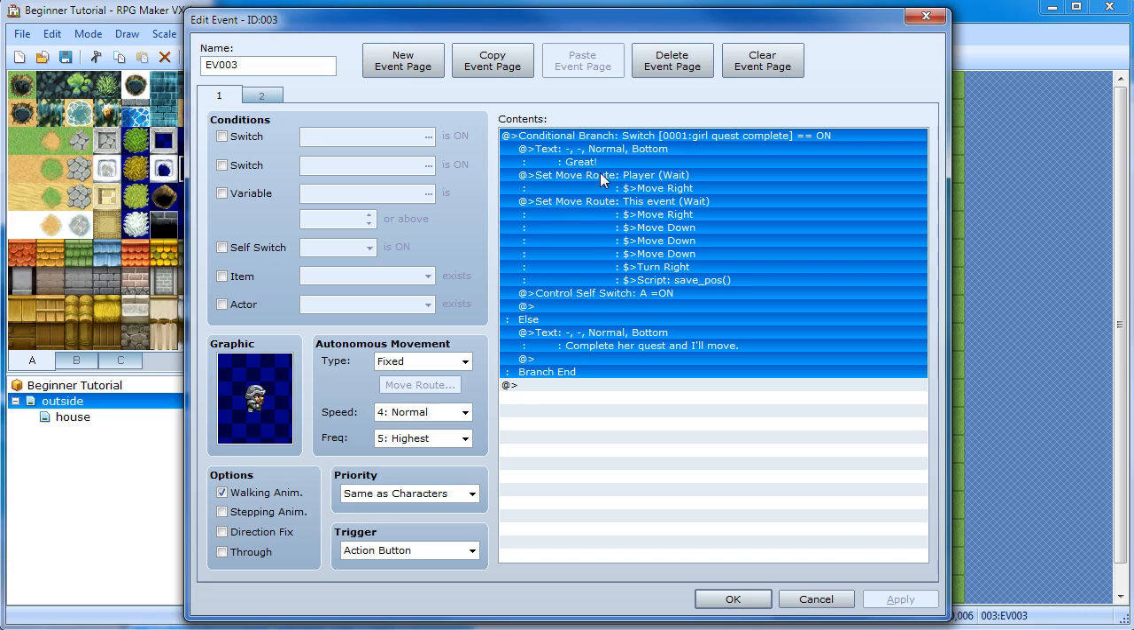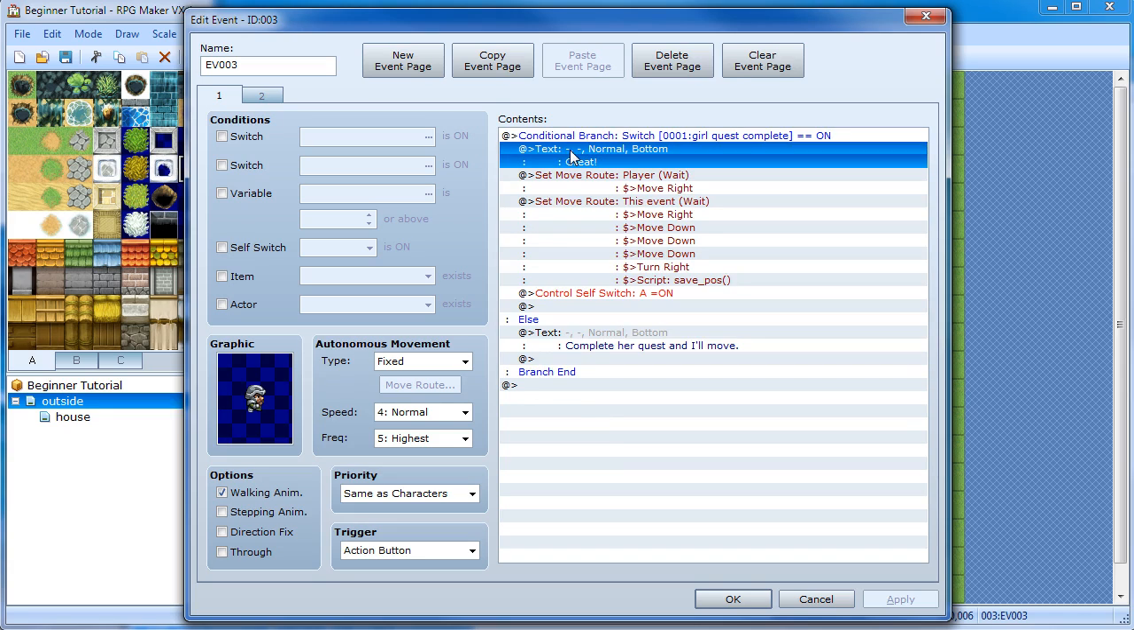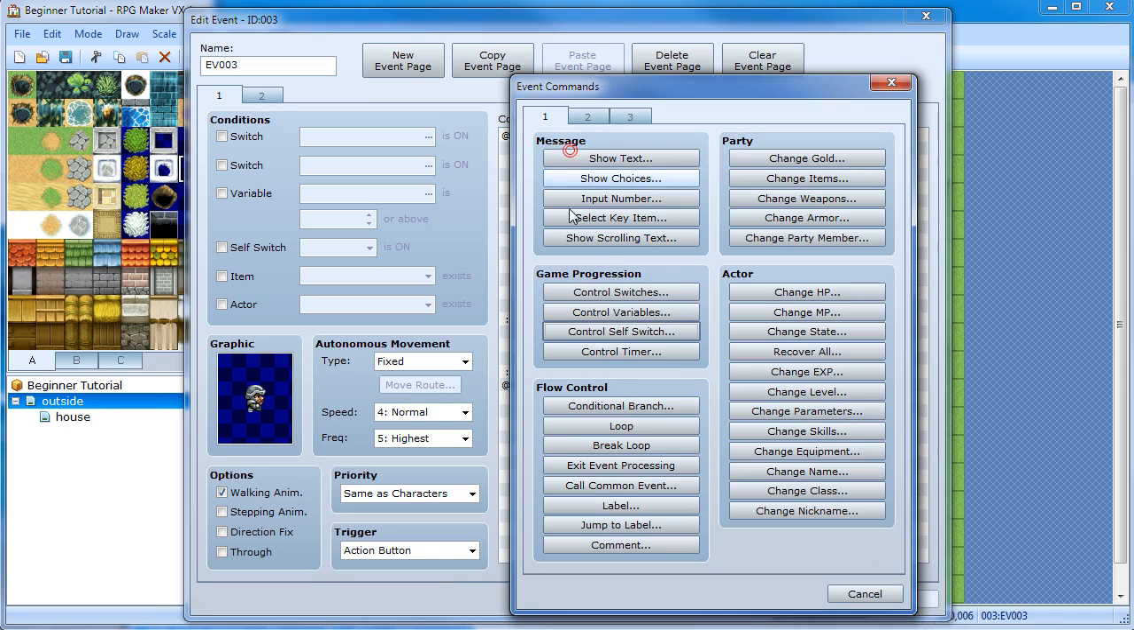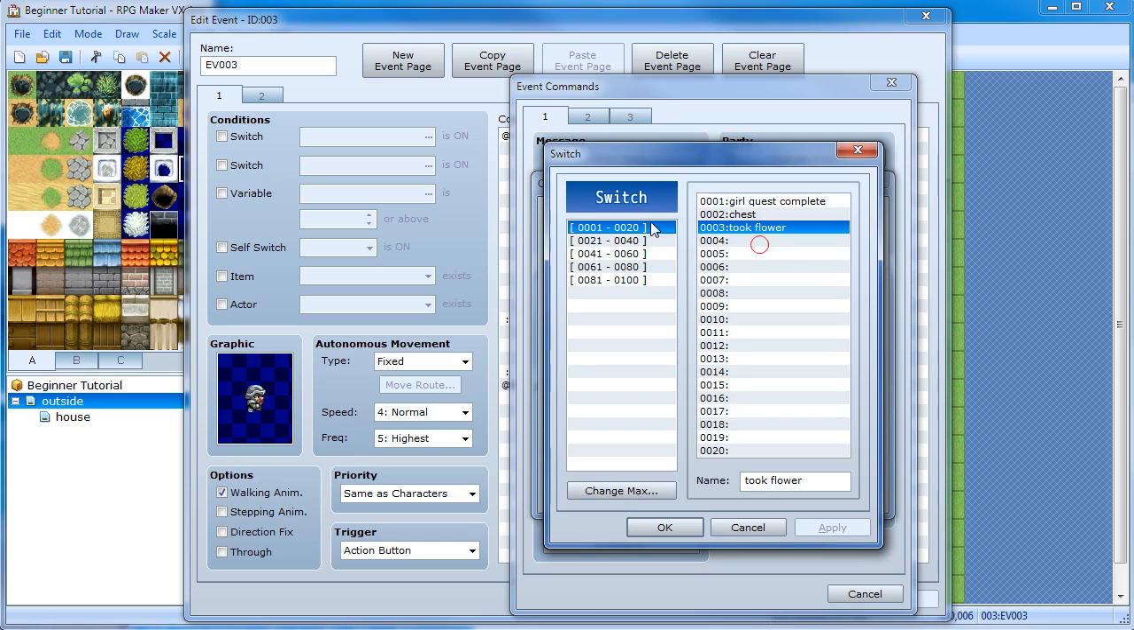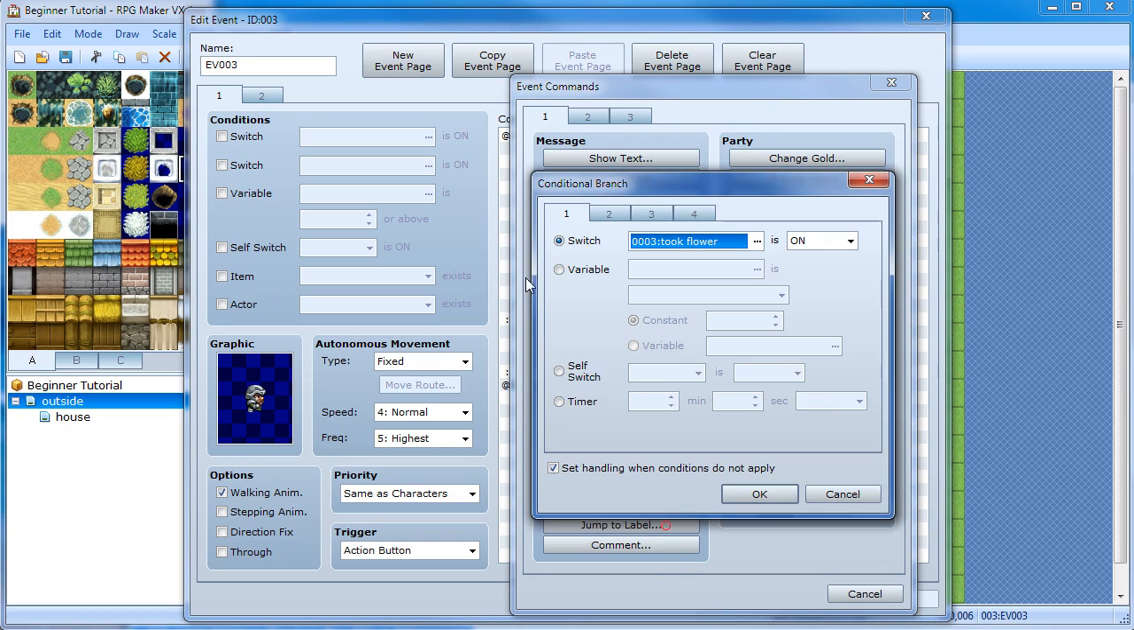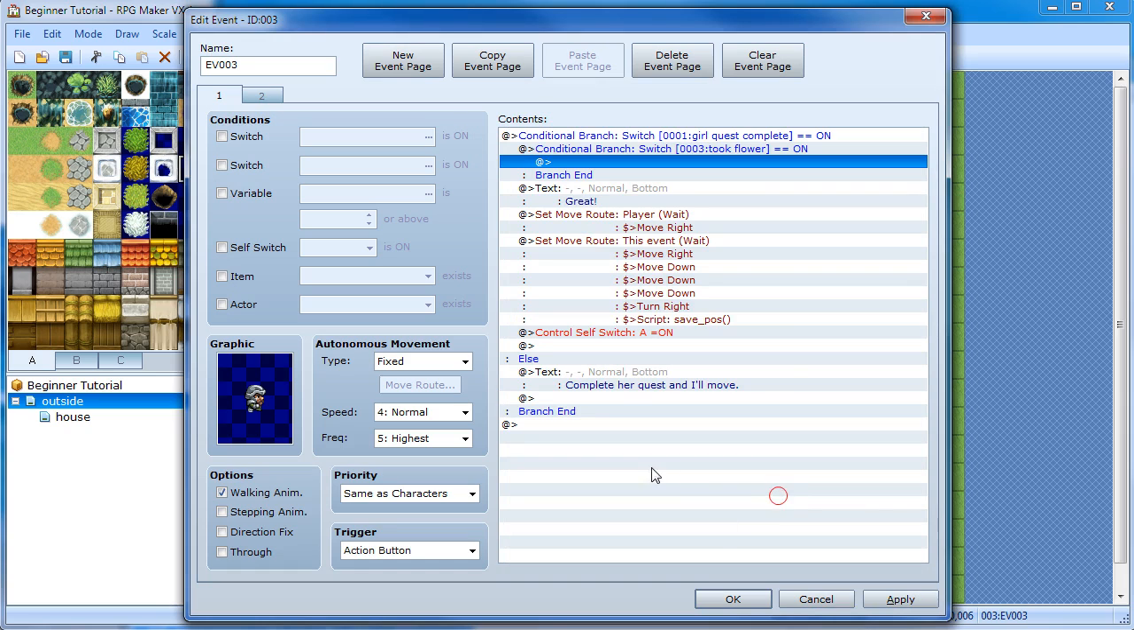So how do we do that? Well, you can do it pretty easily. It's just a little bit clunky, by doing another conditional branch. And this time we'll say took flower, and took flower is on, and we don't need to do else. You can do the else condition if you want, but